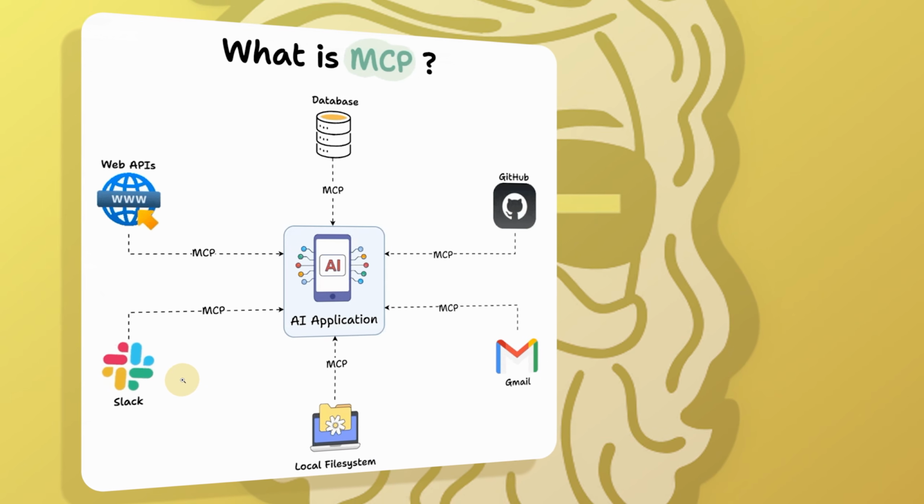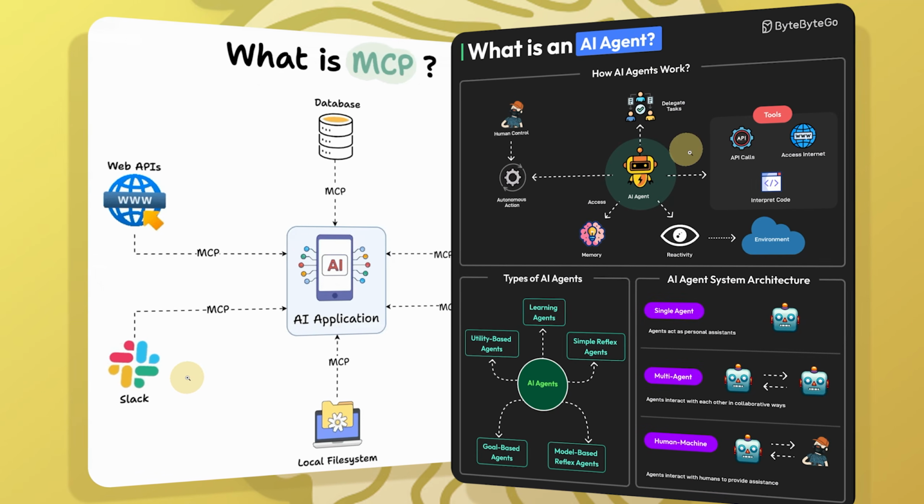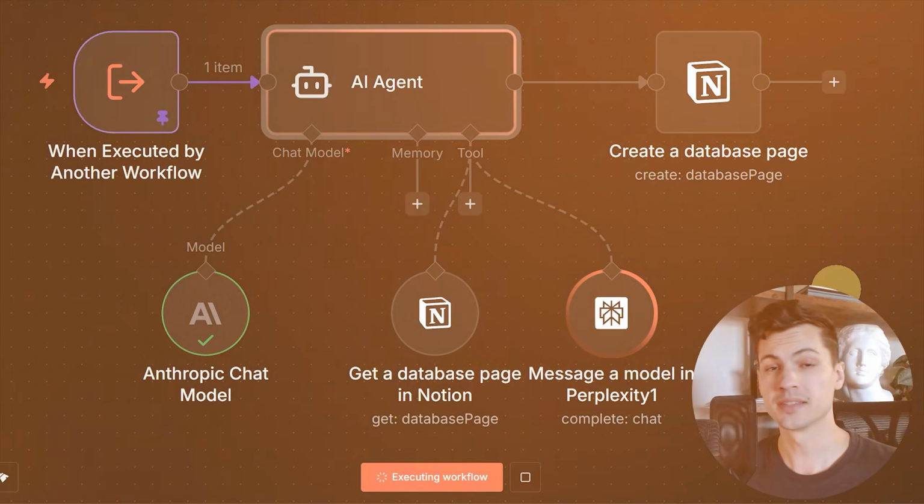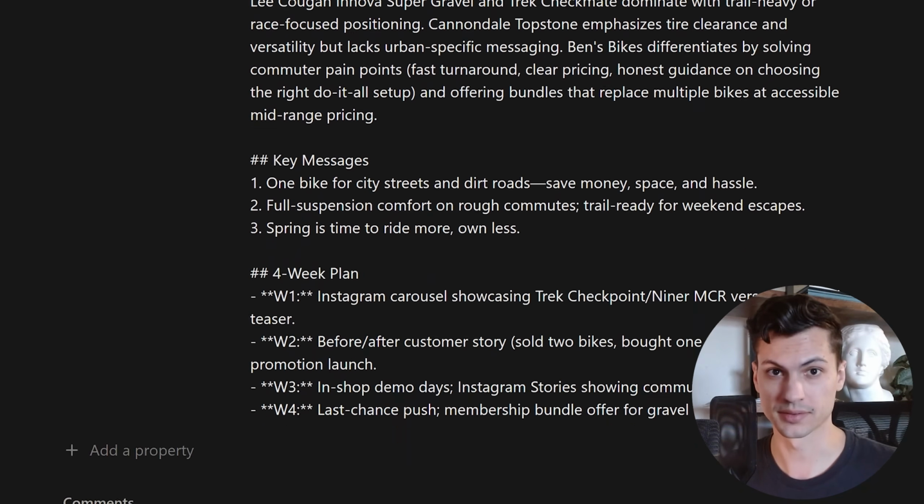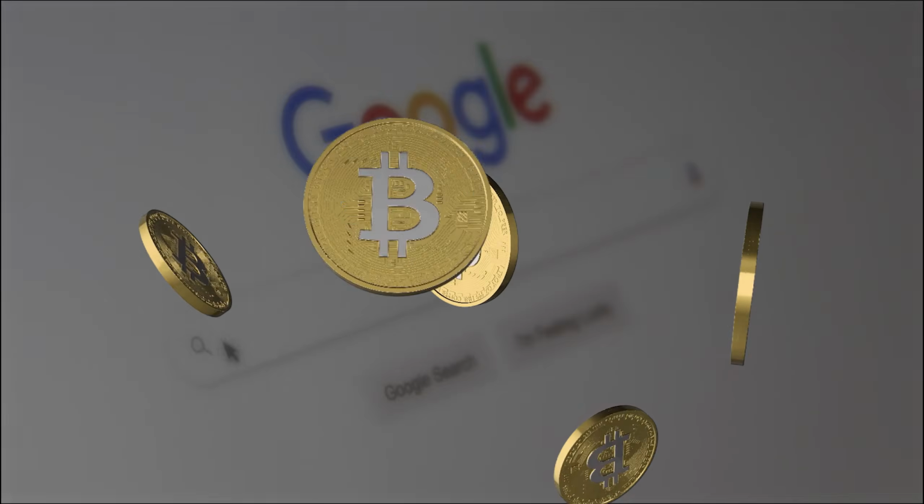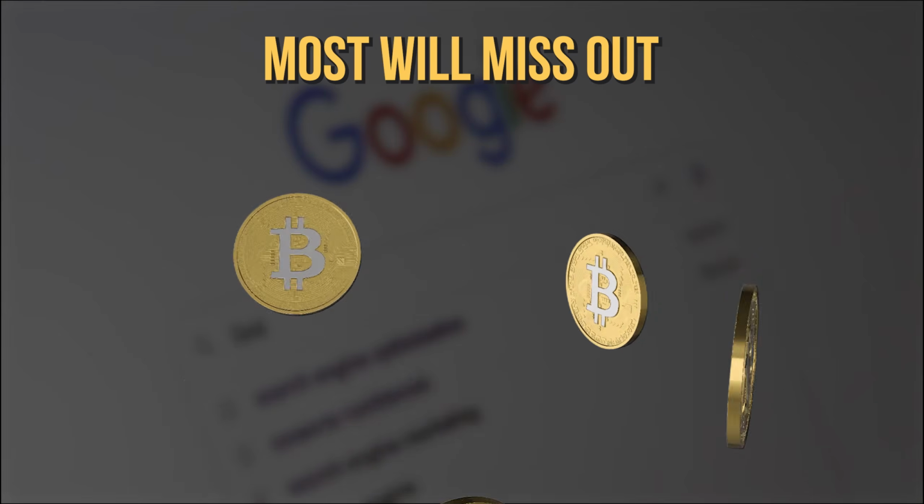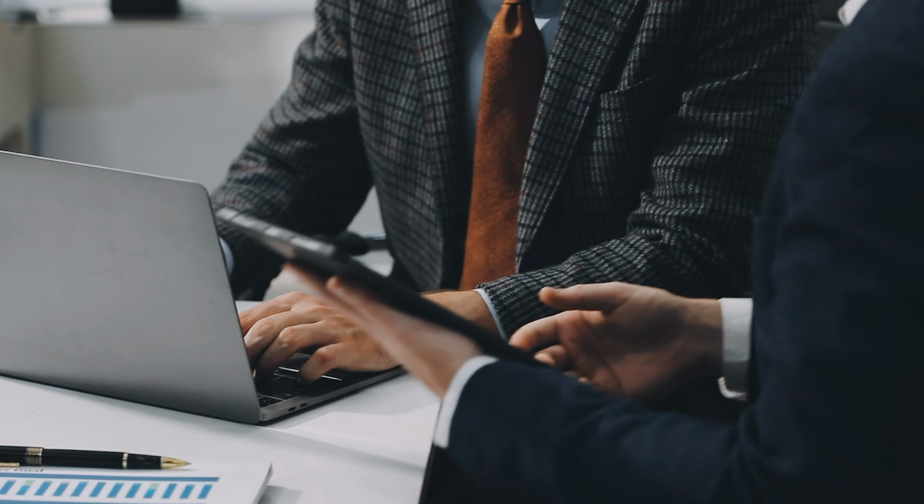The popularity of MCPs and AI agents is absolutely exploding. It's clear that 2026 is going to be the year of AI agents actually doing things. But just like the internet and Bitcoin, most people are going to miss out on connecting their AI to real-world